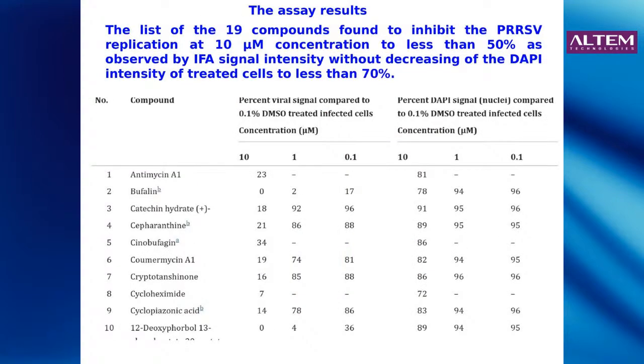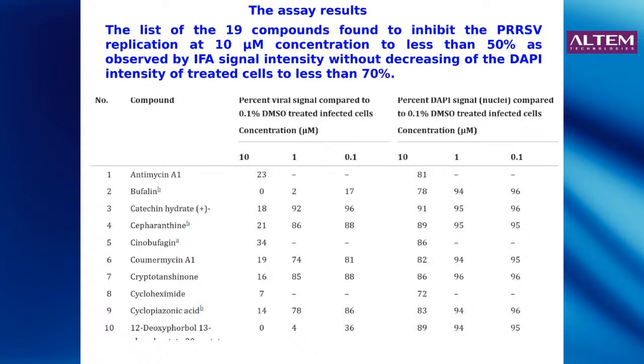So these are the 19 compounds that we were able to identify. So here I'm showing you the 19 compounds at different levels, and you can see on the left hand side the level of the surviving cells, that is with controls, and the different compounds added. And on the right side, you can see the virus signal. The signals were compared to the cells that were not treated with any compounds, but just with 0.1% DMSO.